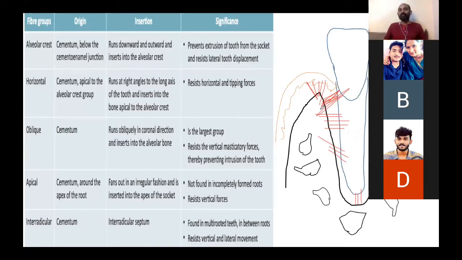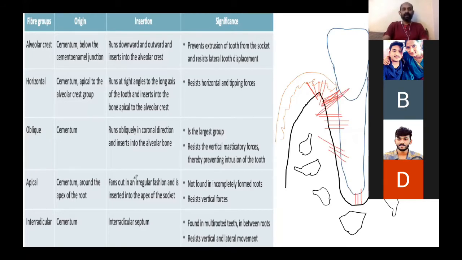So what I wanted you to appreciate here is that there is a different group of fibers called gingival fibers, separately. The group of fibers that we have read right now are called periodontal fibers. When the question is asked, make sure that you understand whether it is about gingival fibers or periodontal fibers, and answer accordingly. Those are different groups of fibers. Whatever said and done, the fibers are very similar, almost similar in function, but their origin would be from the gingiva and not from the cementum. That is what is important here.